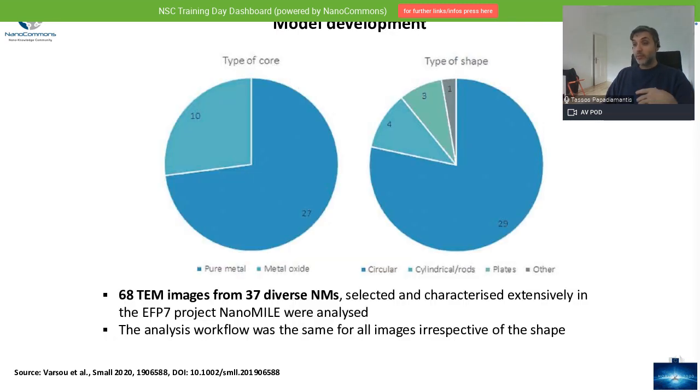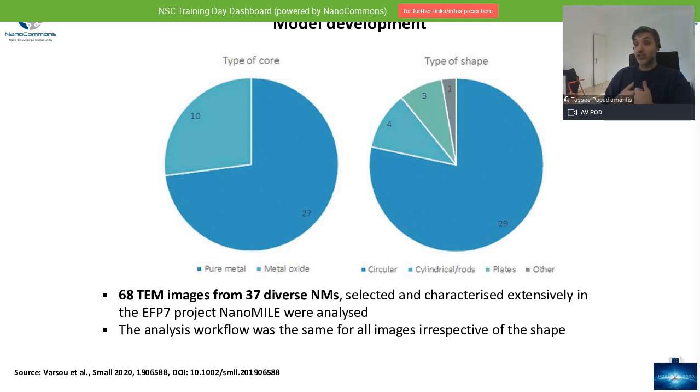So to develop the model, we used 68 TEM images from 37 diverse nanomaterials. And when we say diverse, we mean different chemistries, different morphologies, and so on. These images came from the NanoMile project, to whose data we had full access.